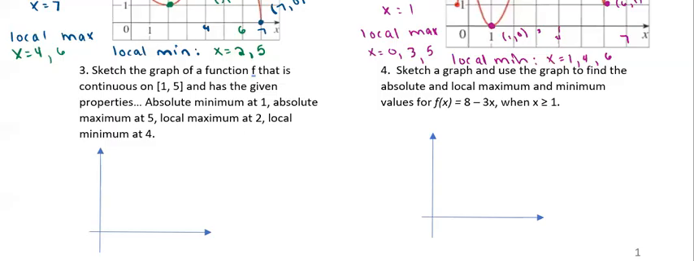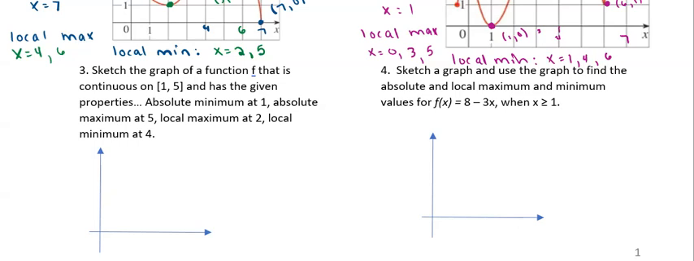Let's see if we can use the information that we're given about the maximum and minimums to draw a sketch of a graph that we think could represent our function. So here we go. Number 3, sketch the graph of a function f that is continuous. That means that there's no jumps, there's no breaks. You don't have to pick up your pen as you draw from the left to the right of the full